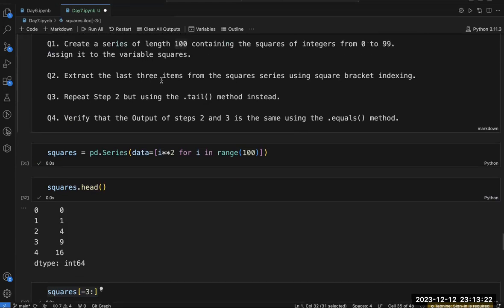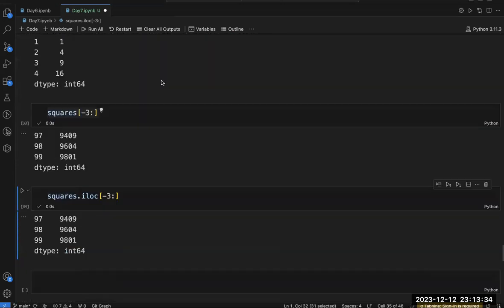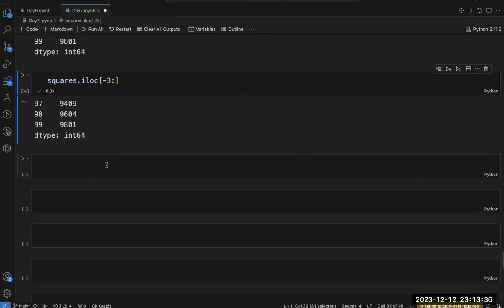Now repeat step 2. That means you have to extract the last three items from this squares series, but this time you do not need to use square bracket indexing. You need to use the tail method. The tail method is also very simple. So what do you have to do inside the tail method? You simply write squares